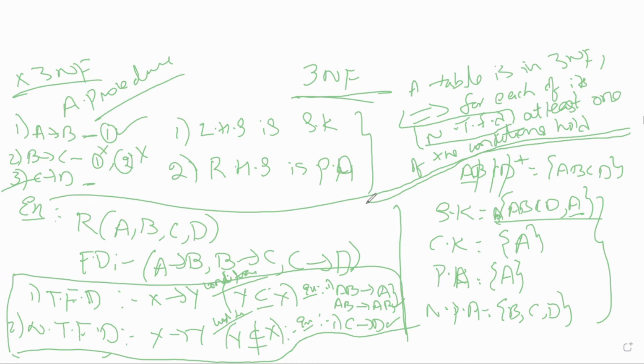From the functional dependencies, at first note down, check trivial or non-trivial dependencies. Okay, and then check these two conditions. That's it. So for the non-trivial ones only, you have to check these two. Otherwise, don't check and don't waste the time. Got it? Understand? Shall we take one more example?